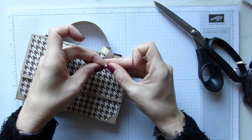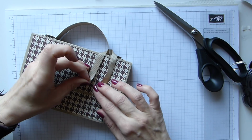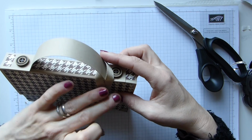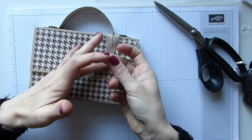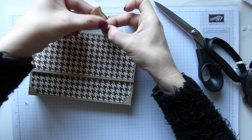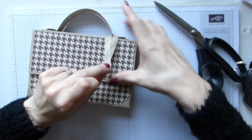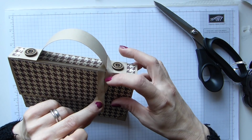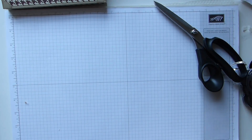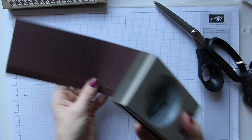Just take the backing off, and then make sure you've got your ends level and you're happy with it. So that's okay. And then I actually used a little bit more on the back just to hold it in place, which again, just make sure you've got it all where you want it and stick it on. And then we need the tailored tag punch,